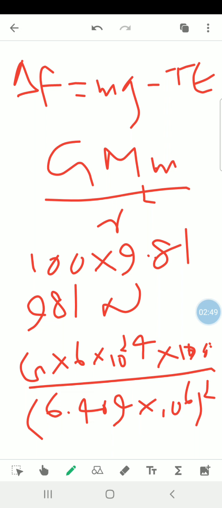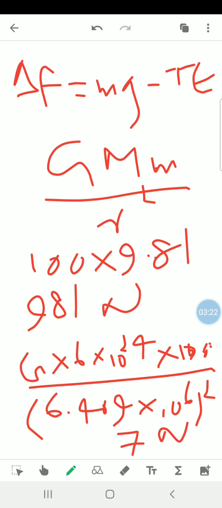And when you simplify this, you will get the answer to be 7 newtons. 7 newtons. The 7 newtons is actually something that can be slightly seen on a bathroom scale. So slightly, it can be noticeable. However, there would be other factors that would